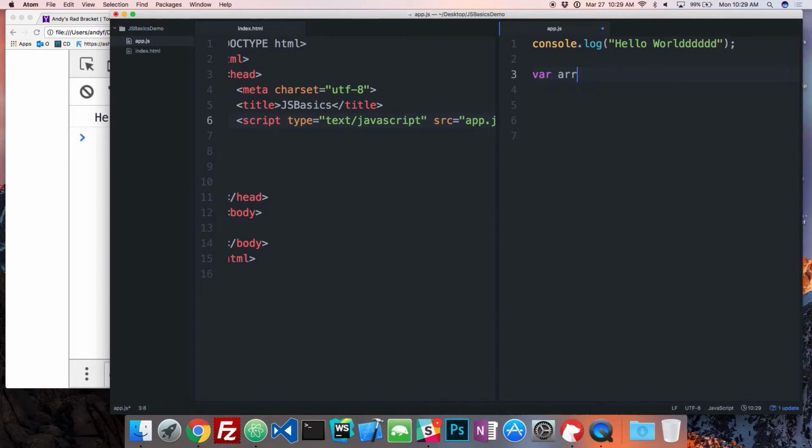Let's say we have an array that's equal to 1, 2, 3, 4, 5, like that. So this is declaring and assigning a variable.